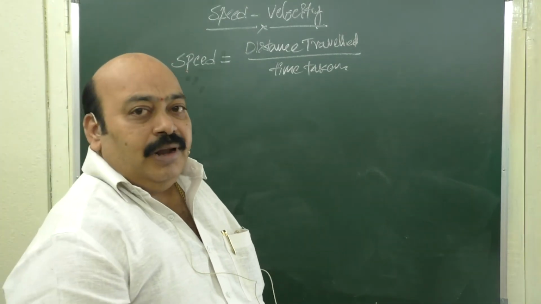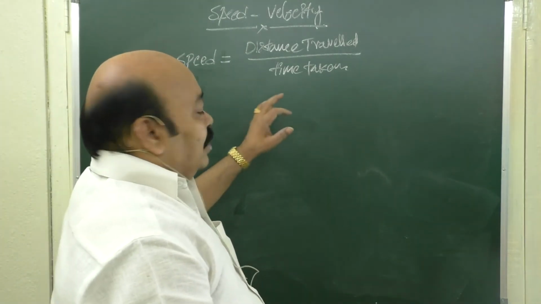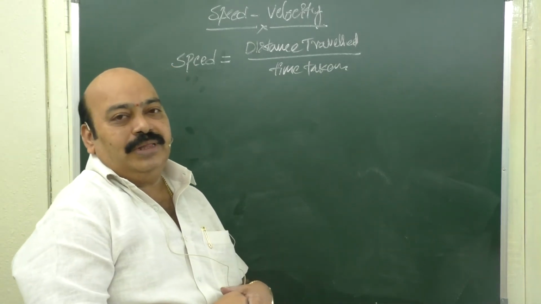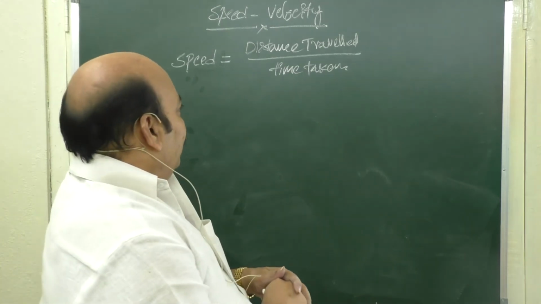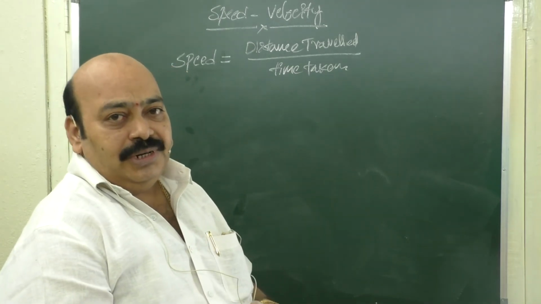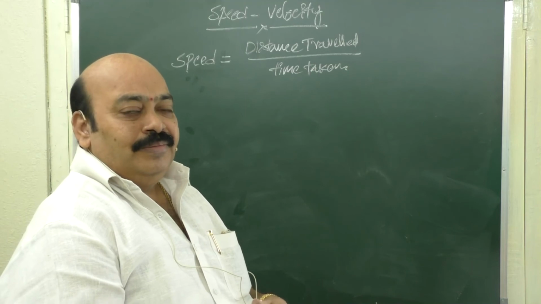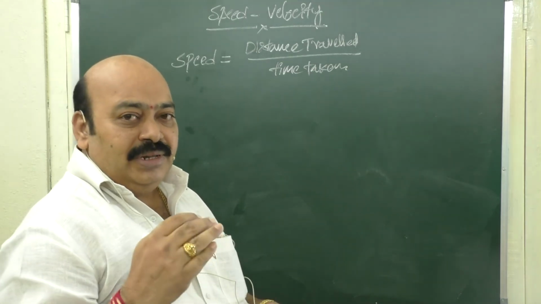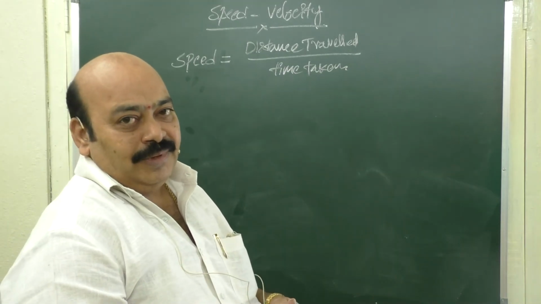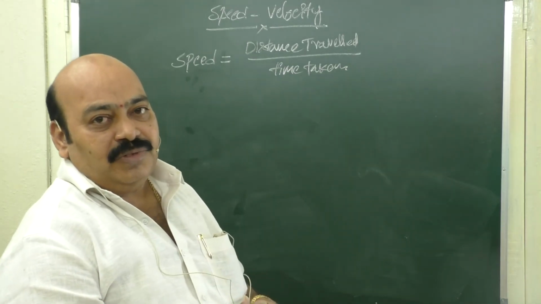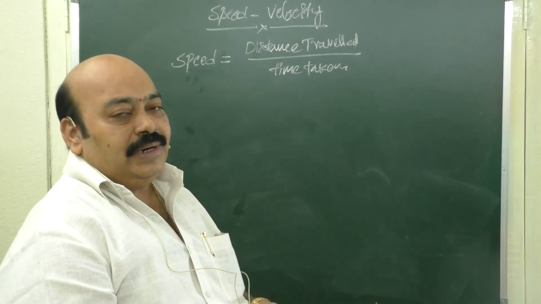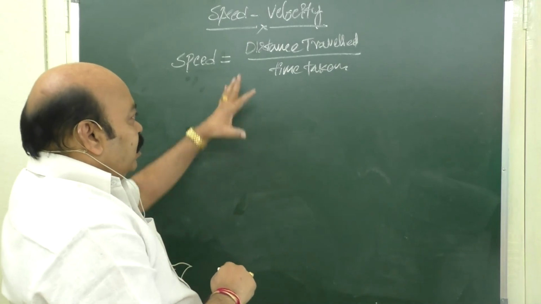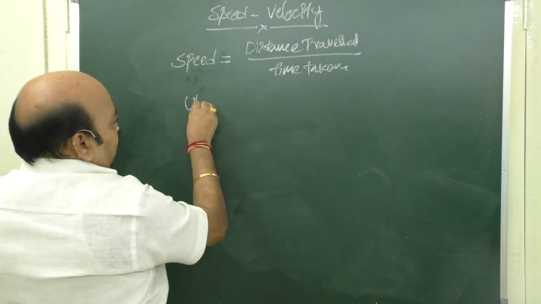As I asked in the last class, what is the biodata of this one? What is the resume of this one? What do you know about this speed? Means what are the units used to measure this, and what is its dimension formula, and whether it is a scalar or vector. If it is a vector, what is the direction of this one? How can we decide the direction? Let us see this one. What are the units used?